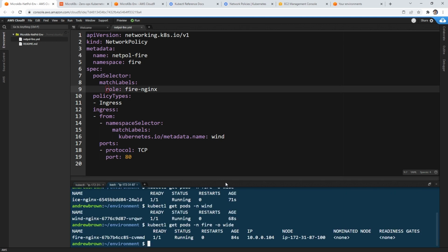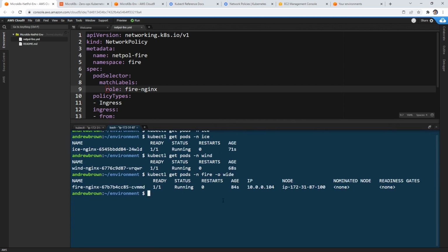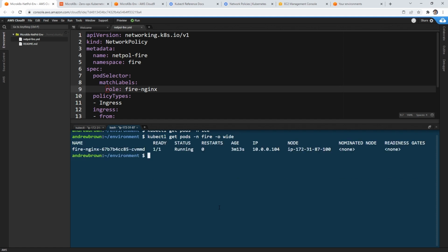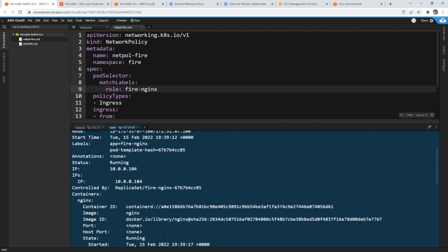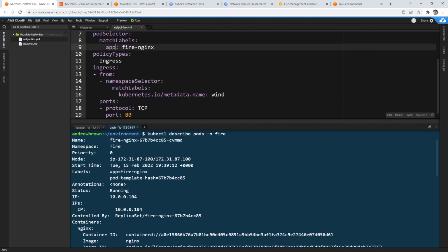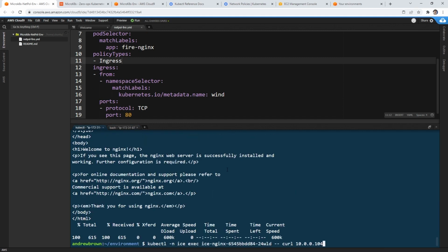So let me go back over here. Now, Cilium definitely did not install properly, so I don't think our network policy was our problem. I do believe that it wasn't installed correctly. But let's just take a look at the actual selector name. So we'll say describe pods and fire, because I think it's just app by default. Yeah, so it is. So we'll change this to app. Okay. And then we'll have to redeploy our